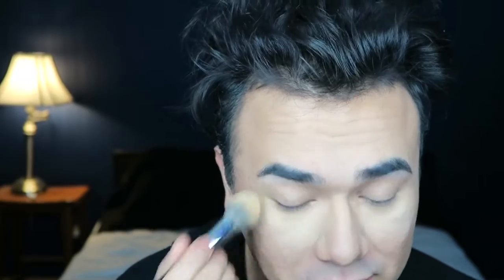I actually want to tighten it and chisel it out a little bit more. So that's why I don't fully highlight underneath my eyes. I really just put it underneath my eyes like a concealer actually. And this one I really like to pack it in. It's a lot easier to take off makeup than to try to apply more throughout the day. So really just pack it in,